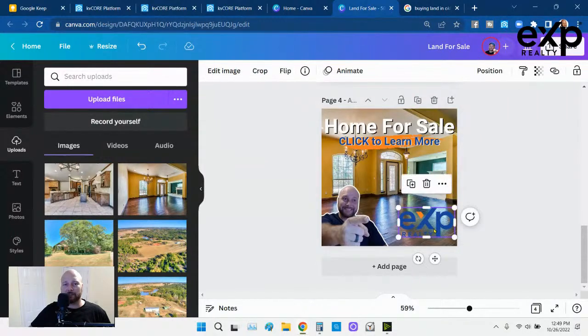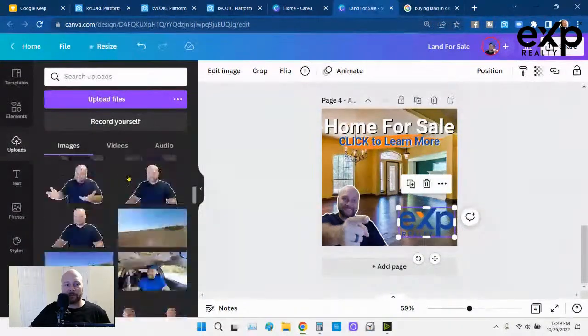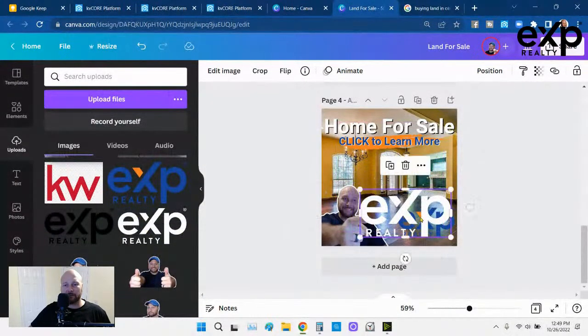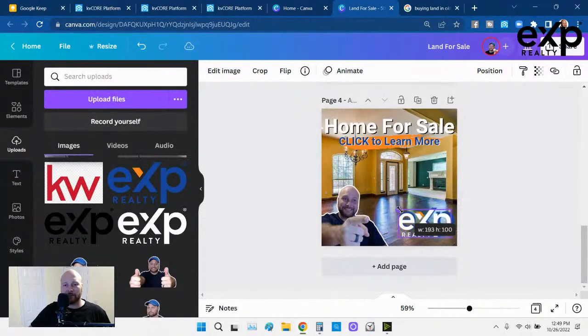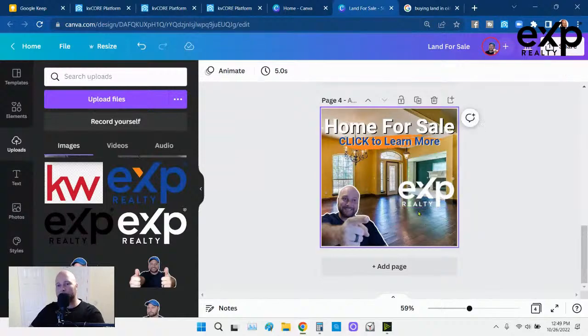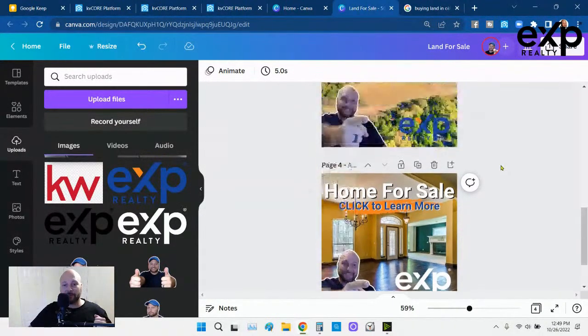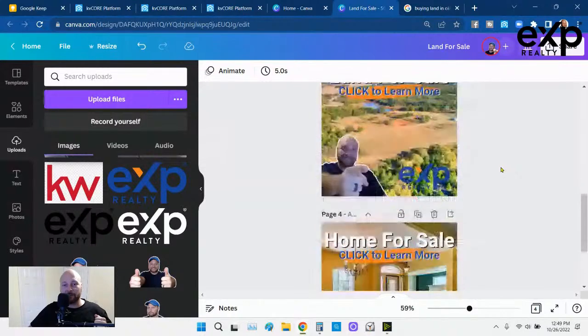Okay, see how this is on top of a brown floor? I'm going to switch this out with my white logo. So I just put this on top of it right there, and I make sure it's a comparable size. Okay, and then I'll delete it. And I'll pull that down to where it goes. And that's more prominent because you always want to make sure you're compliant. You don't ever want to get a $1,500 fine for not being compliant.